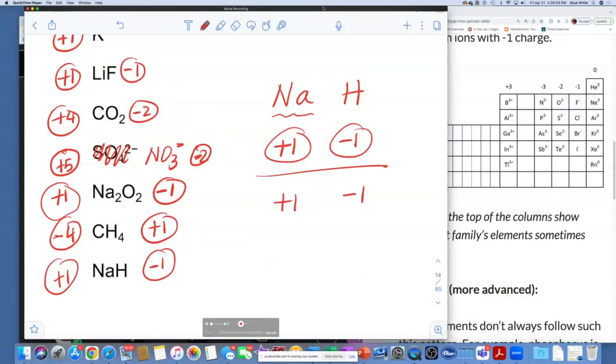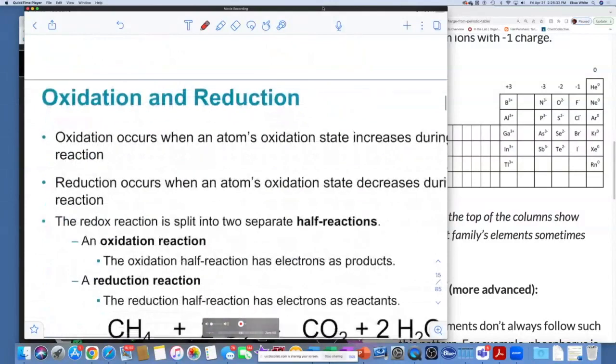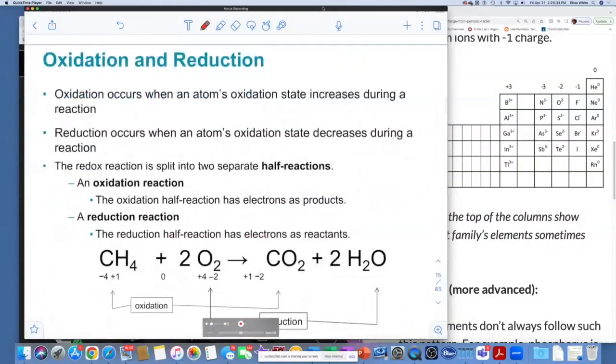It's warm in here. Okay, so we're gonna move on. We talked quite a bit yesterday. And then we talked about, once you learn all that, then you can apply that to figuring out what's oxidation, what is reduction, what is the agent, and then move on from here, right? So looking at this,